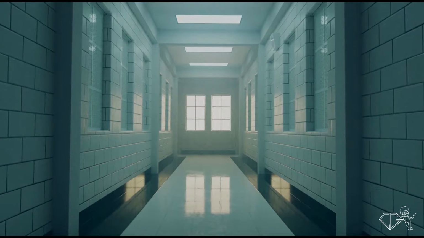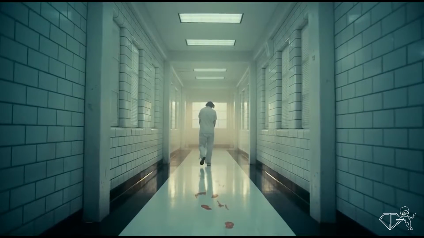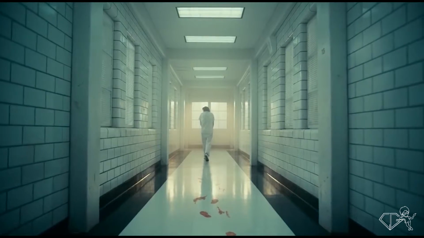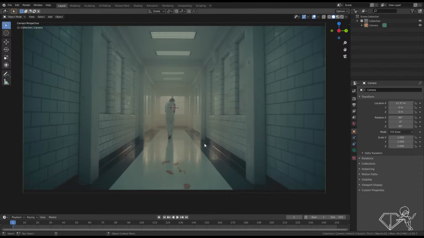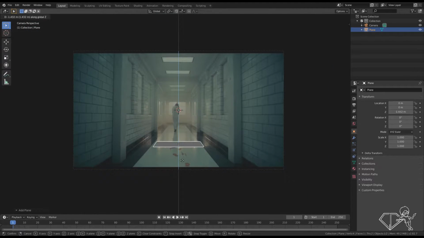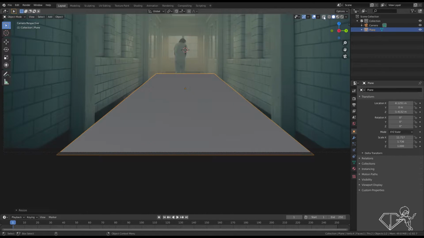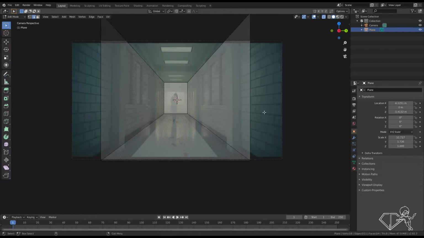So today I'm going to show you how I created this cinematic shot from the movie Joker. Along the way I'm going to show you some tricks and tips that I learned while I was making it. And the first thing to be clear is I want my 3D camera to match the camera in the reference. Because if I start modeling, nothing's gonna line up according to the reference. Like this line is not matching, doing it manually is just a pain.